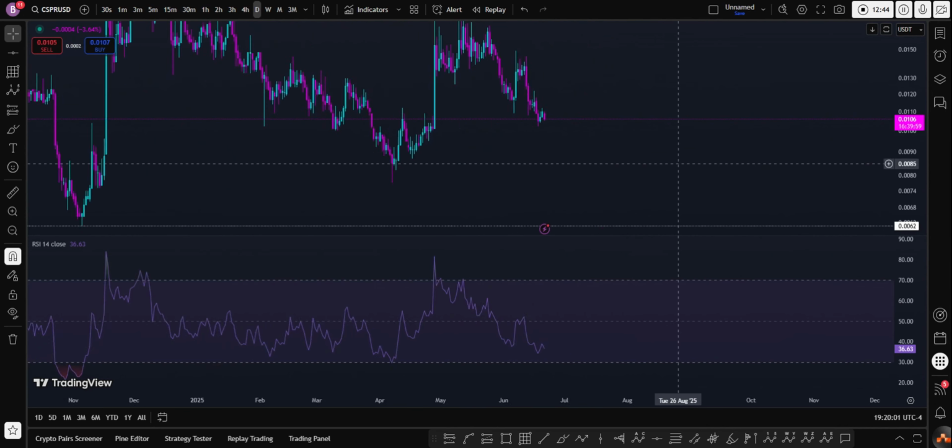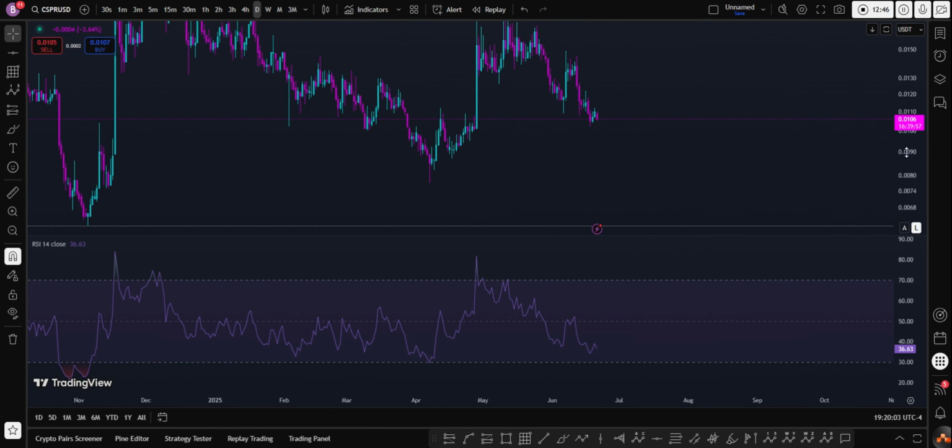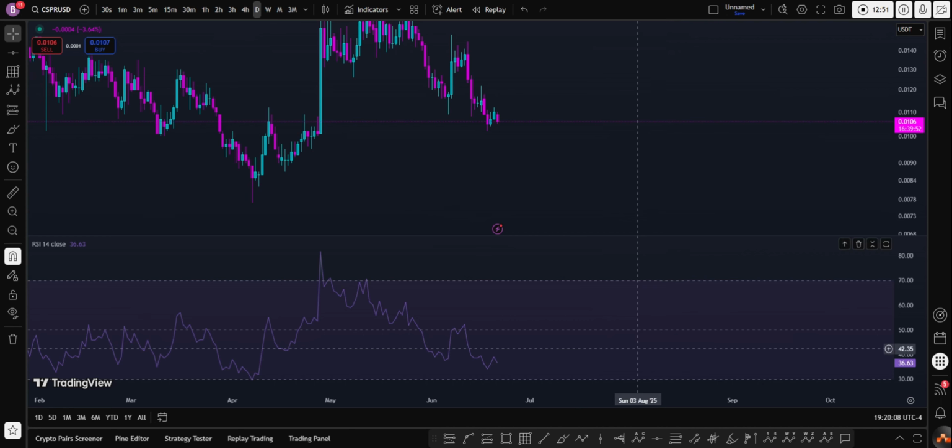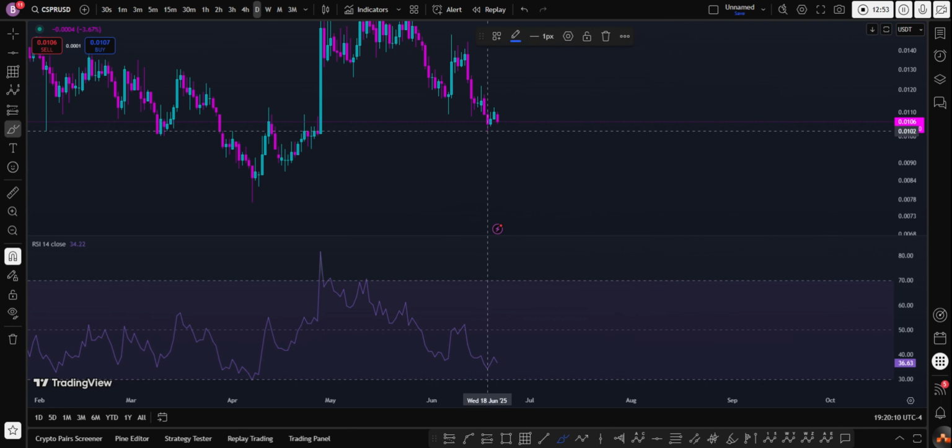Looking at the daily, we are yet to see a divergence, and that's what I will probably wait for. You wait for price to make a lower low, and for RSI to make a higher low, with a trend line there, with another trend line going lower. That's where you now wait for the structure to shift, and then you can buy,